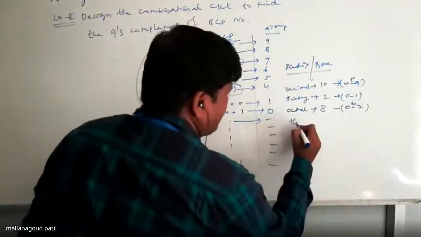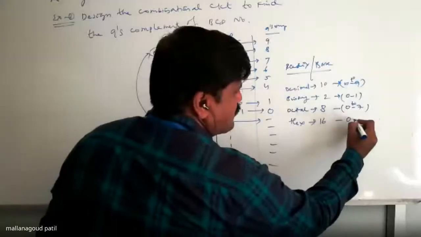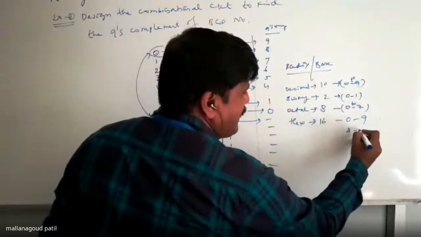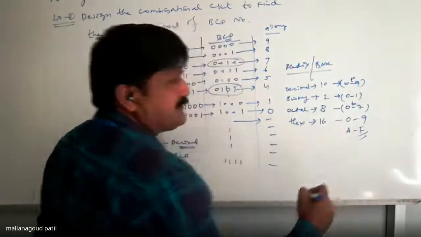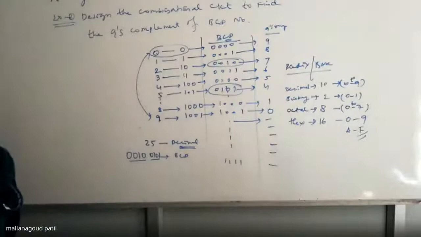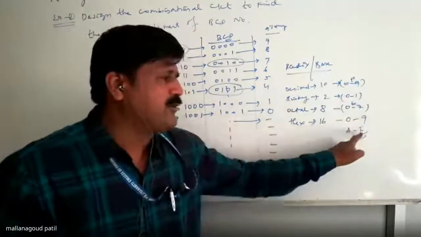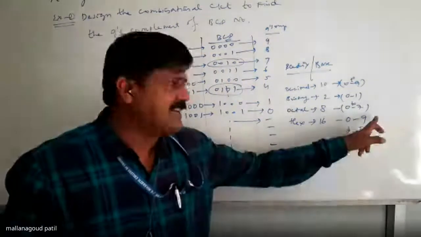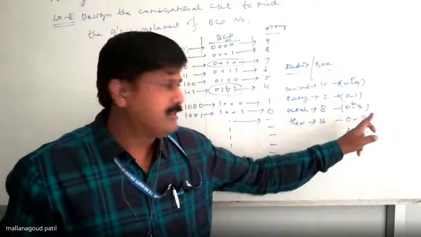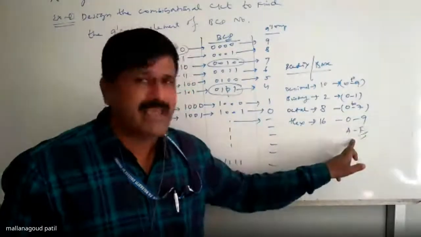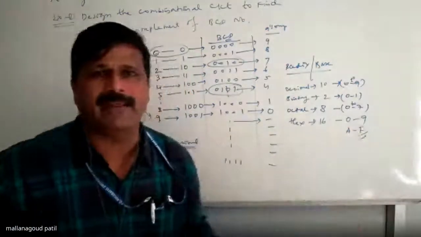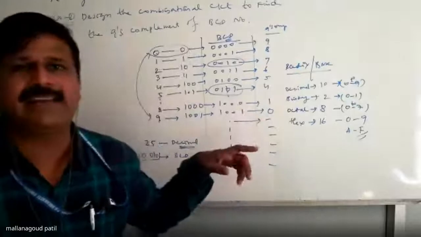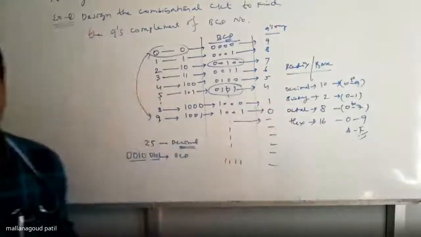Hexa number. 16, sir. 16. You are supposed to use 0 to 9 as well as A, B, C, D, E, F. A to F. 0 to 9 is 10 numbers. A to F is 6. Representation of 10 will be A, 11 will be B, 12 will be C, like that F will be 15. 0 to 15 will be 16 numbers, which will be hexadecimal.